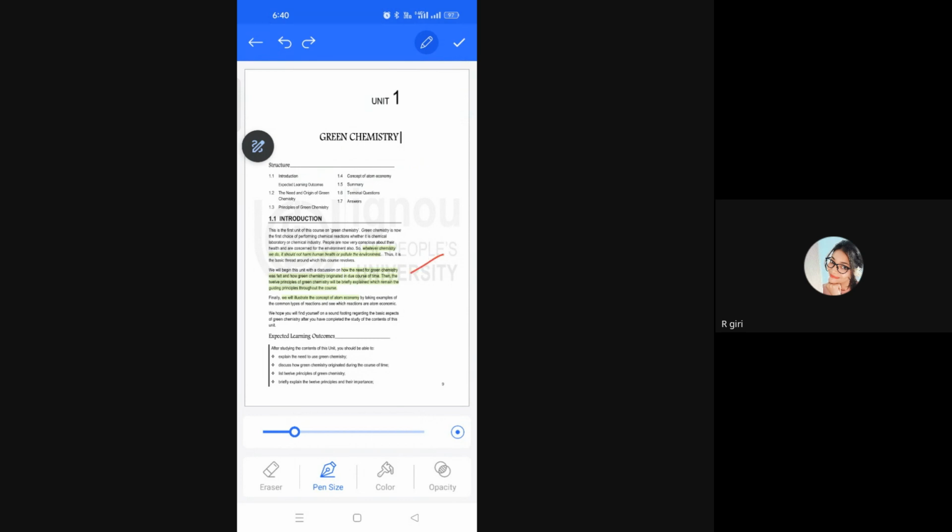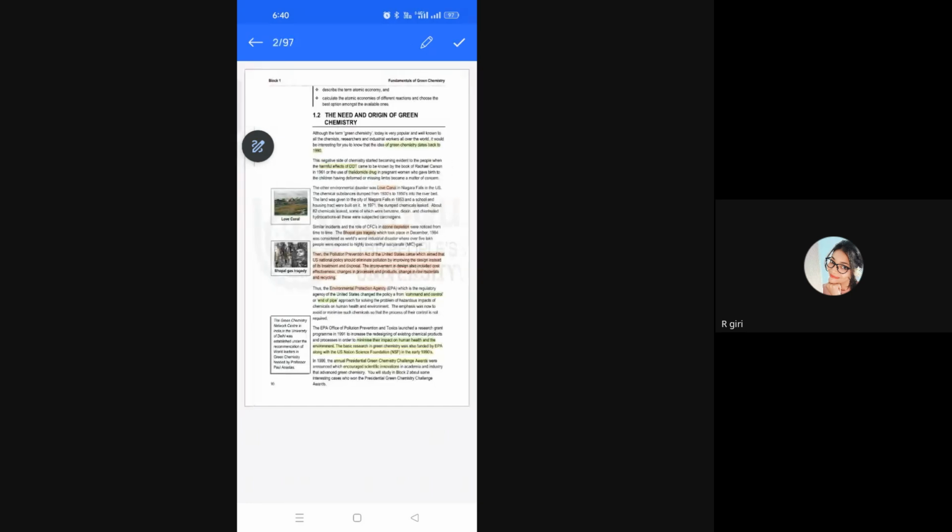How the need for green chemistry was felt and how green chemistry originated is due to the course of time. Then the 12 principles of green chemistry will be read, and one by one we will discuss them. Then a direct question may arise in the examination: What is the need and origin of green chemistry, for 6 marks or 5 marks? Any other long questions will come. Then what will you write?